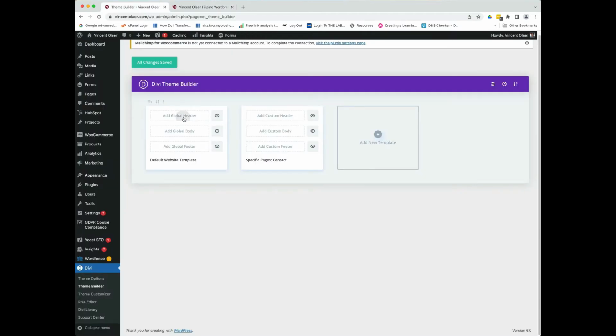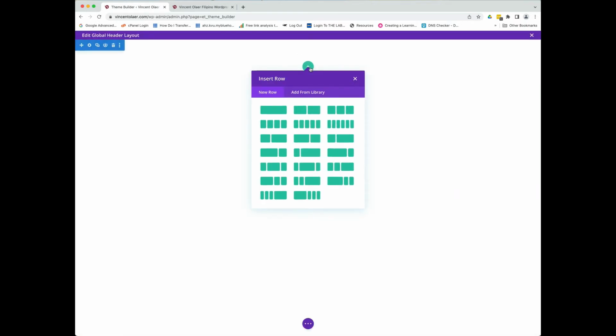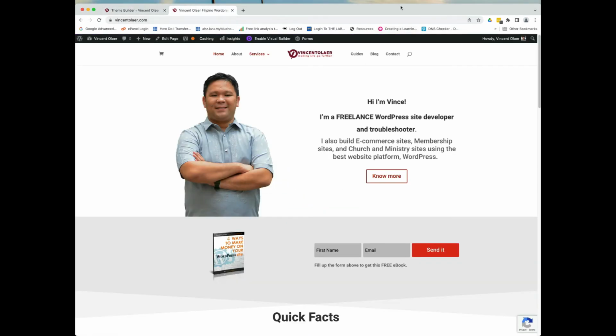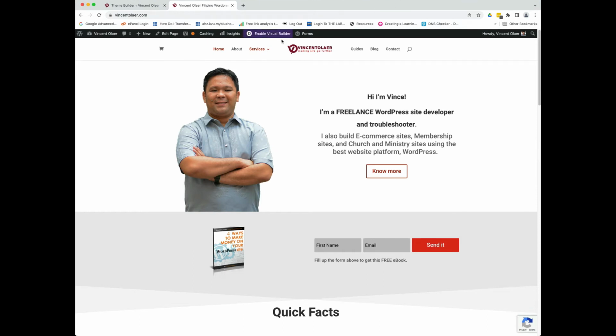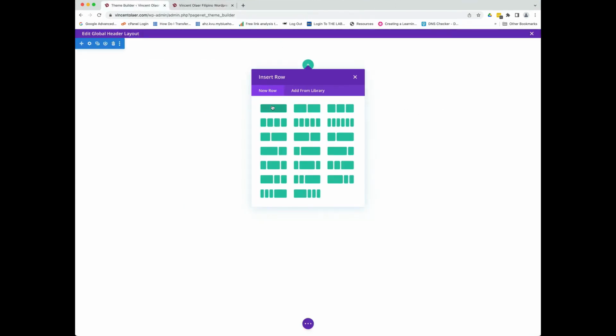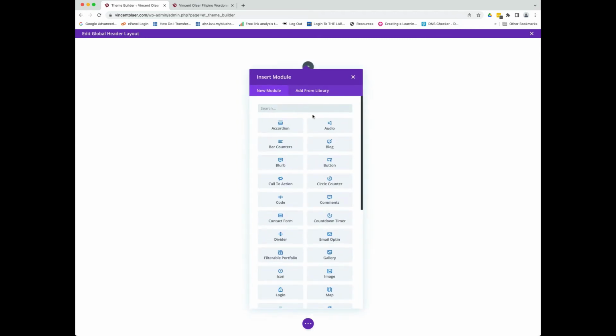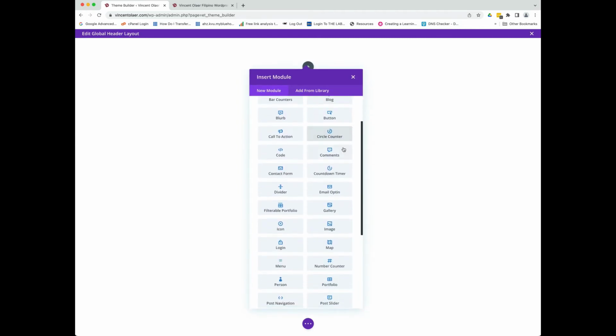Okay, so let's set up a global header. The first thing is we want to add a row. Since this is just one row, we are going to just add one row. So one whole row, and we'll go to the